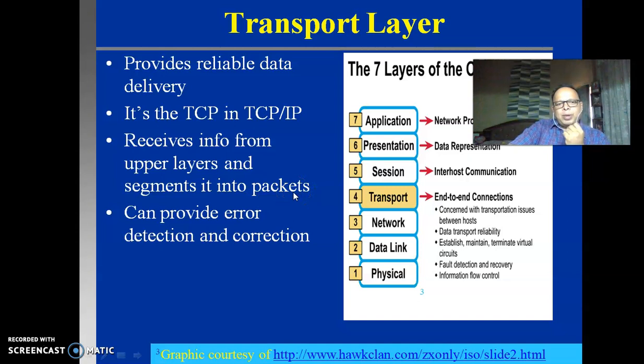Why packets? Packets are small chunks of data, and on a network or channel, the data is transferred in packets. The reason being, the packets can be routed through multiple routes, so that if one particular route is busy or congested, then the data can be redirected to an alternate route. That is one thing.